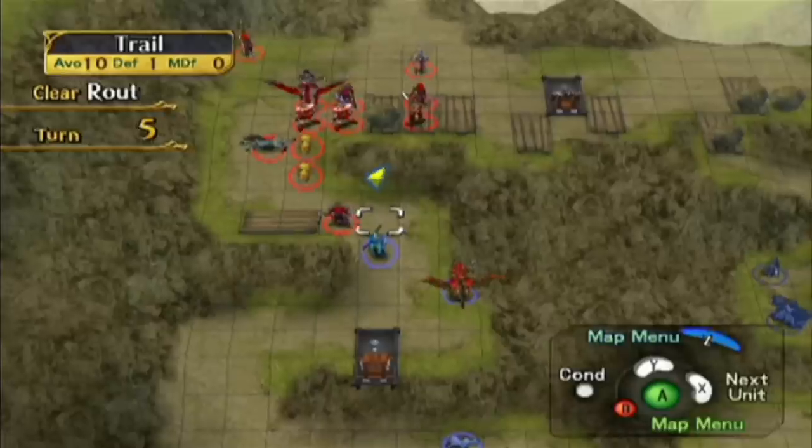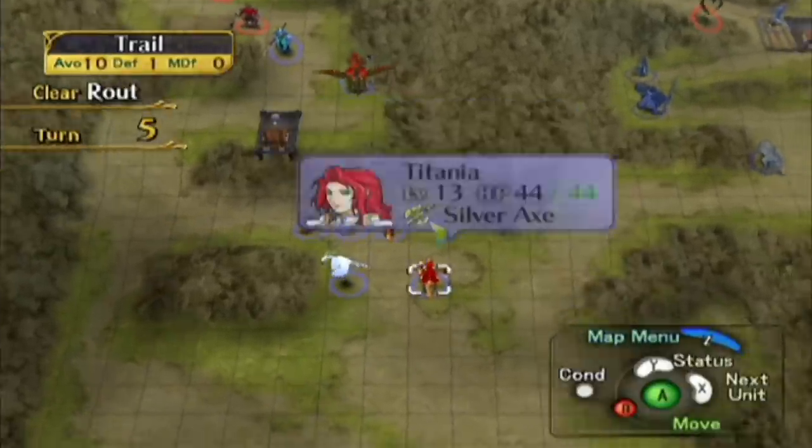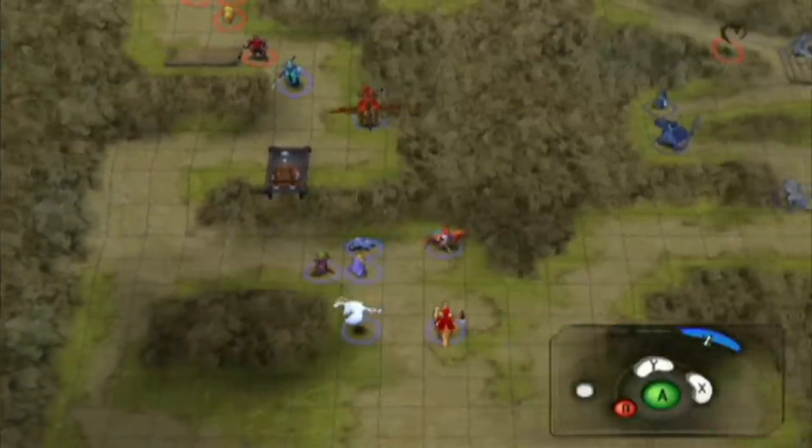Armored units on mountain terrain, always annoying. It's going to get even more annoying in Radiant Dawn, because there's a map like this that thankfully doesn't have rocks, but what it does have is...